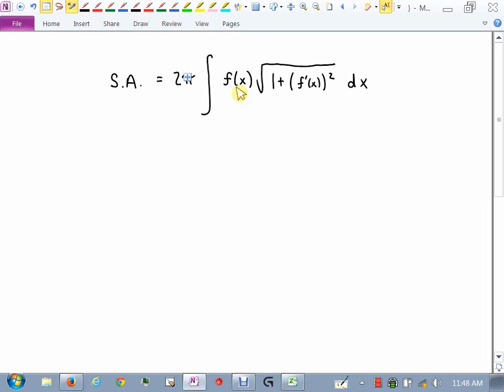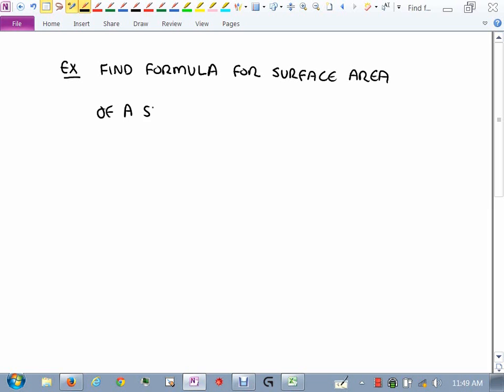So let's apply it to a problem. Oh, here we go. This will be fun. Maybe, if it works. Should we just go for it? Like I said, I'm winging it today, but I'm just curious if we can find the surface area of a sphere using this. We'll see. Hopefully our integral will be integrable. All right, find a formula for the surface area of a sphere